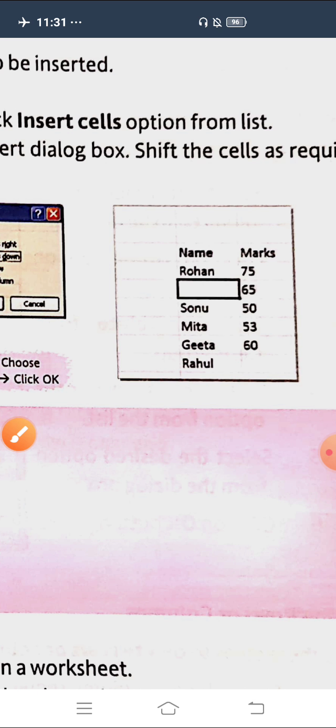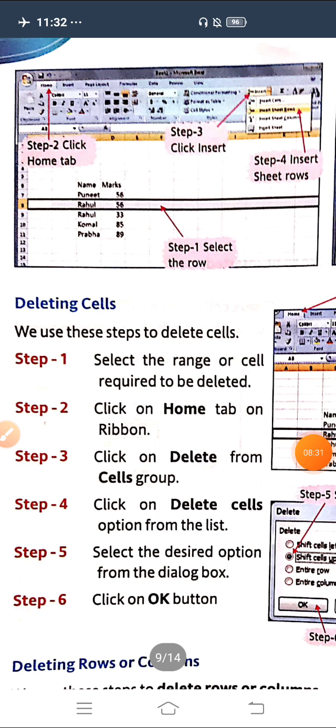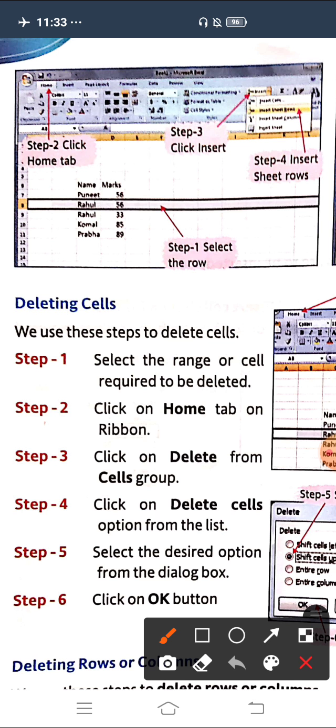Now next is how to insert rows in our data, or how to insert the columns. Look here on the screen. Again, marks of different students are there in different subjects, like Puneet, Rahul, Komal, Prabha. So by mistake I forgot to write the name and marks of one student.